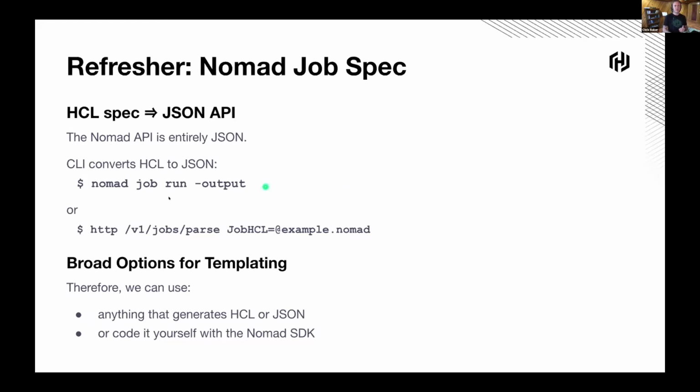When you actually run Nomad job run, what it does is it parses that JSON into a Nomad API job object, right? Using the Nomad SDK. And then it turns that into JSON and sends it off to the server using the job register endpoint. We actually have an endpoint which will do this as well if you don't want to use the Nomad CLI. It's v1 jobs parse, and you send it the HCL, and the server will parse the HCL